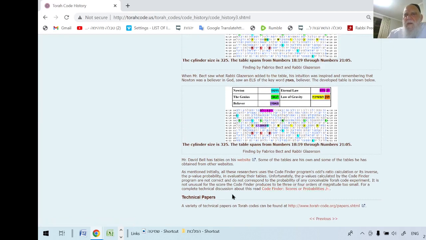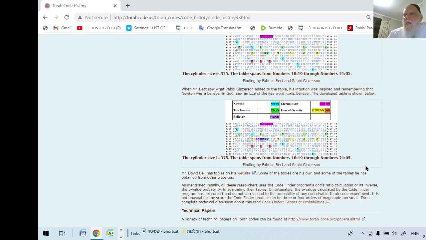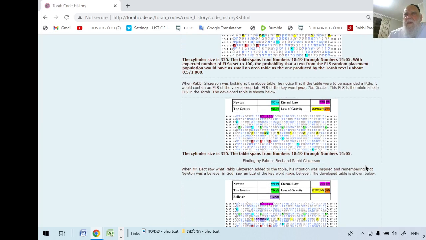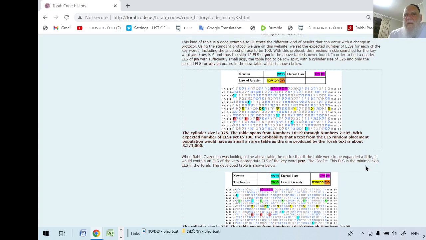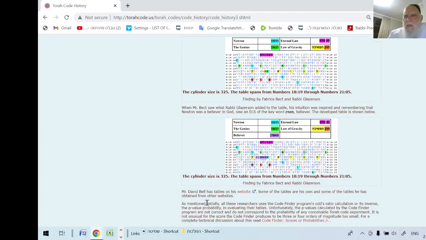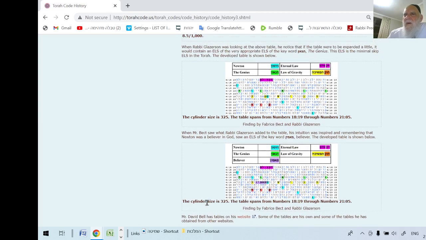So Mr. David Bell, a table website, some of the tables are too. So these are already other kind of tables, but it's interesting the development of the table by Newton, who is genius and believer in God. So, in fact, what we see here was only in this table, which is 8.5 2000, but with the additional one, definitely it will come